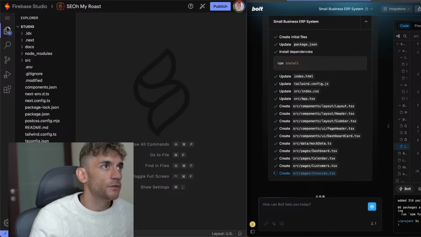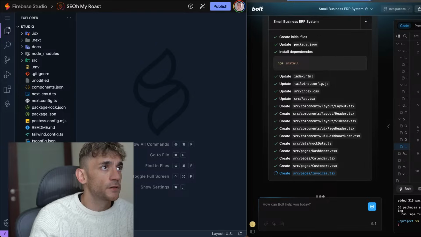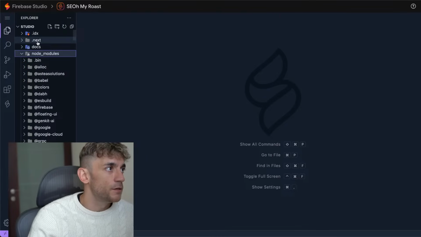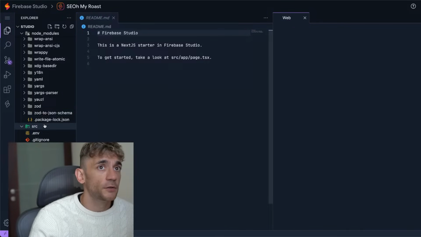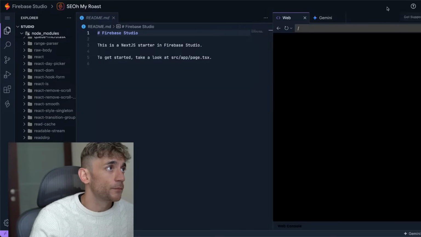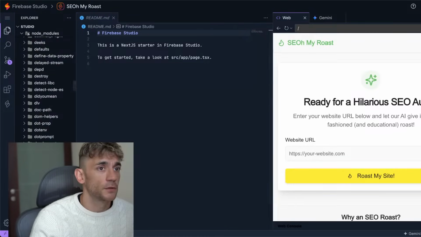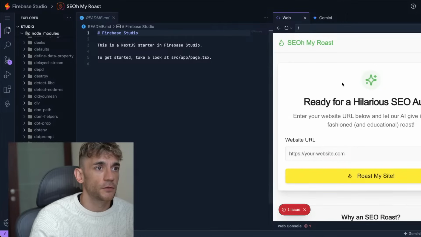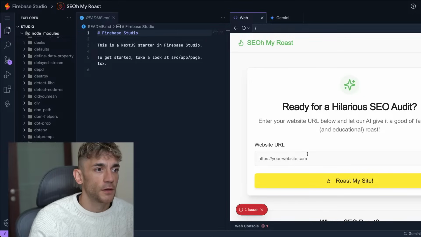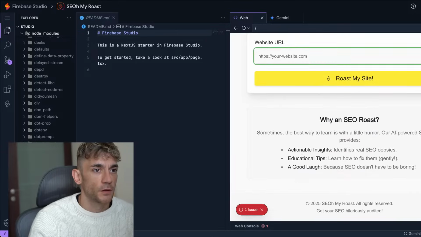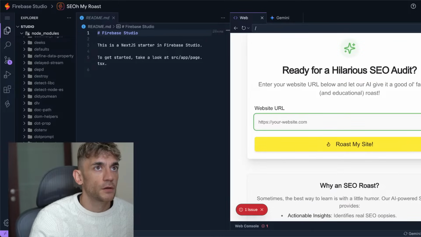Now what you can also do, if you click on edit the code, once you've got the app back, is open it up like this, right? So you can actually edit the code directly if you're more into editing the individual files or viewing the files, etc. You can also publish that on Firebase too. But you can see an example here. So this is the app that we got back from Firebase based on creating SEO My Roast, and it's looking pretty cool. Let's check if it actually works. So if we go back here,